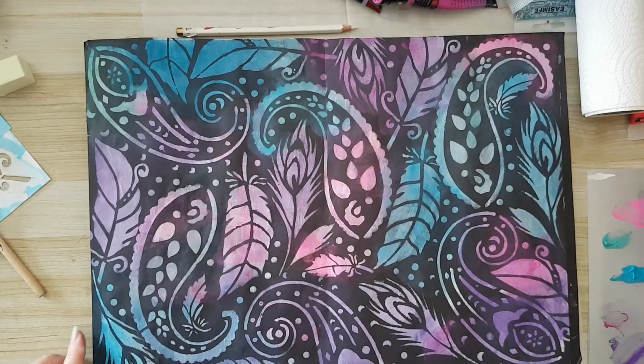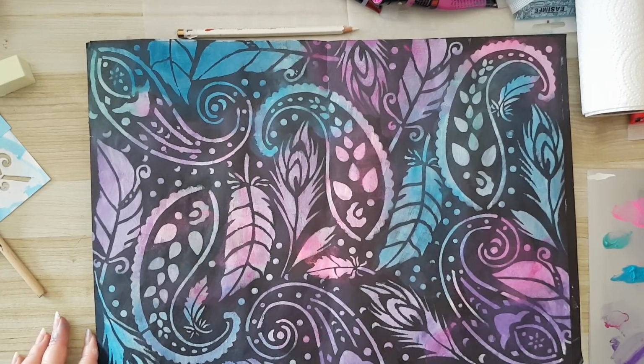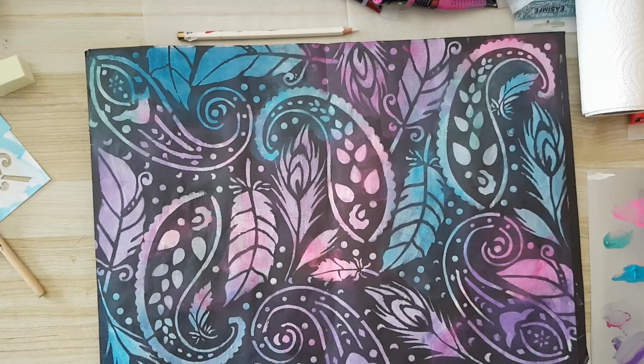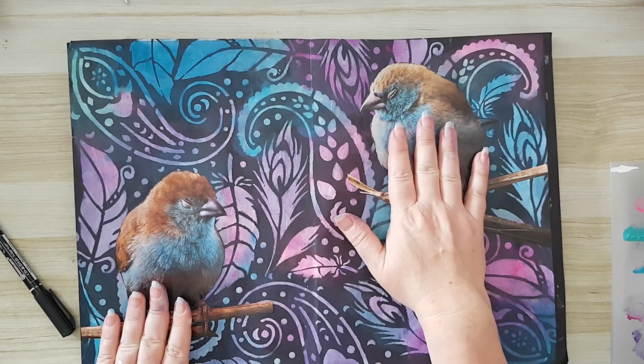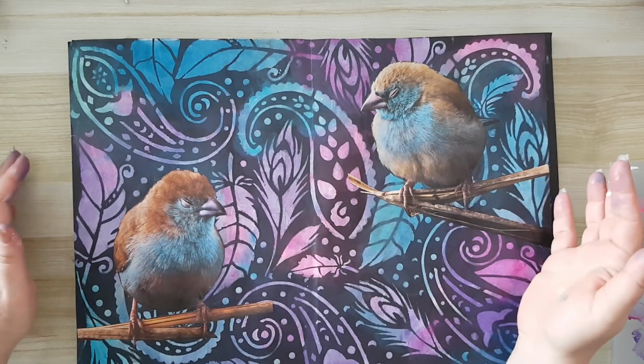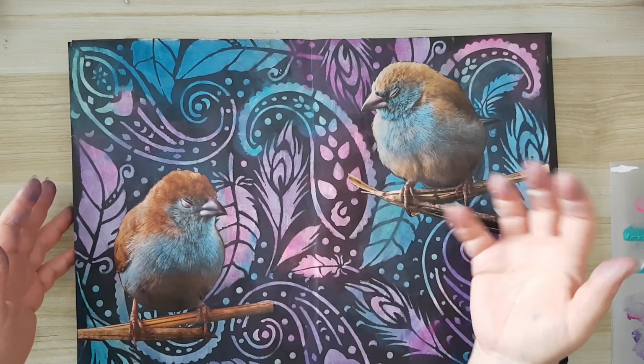Yeah, so I'm going to let this dry completely before I continue. I'll be back. I'm back. So I just glued with a glue stick these two images to my page. I'm really liking what's going on here, but I need the two birds to pop up more,